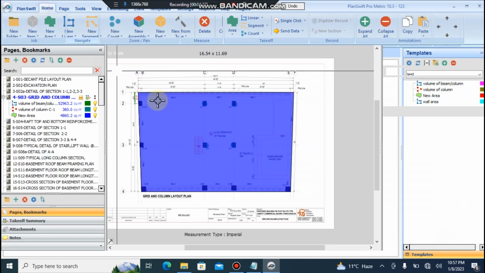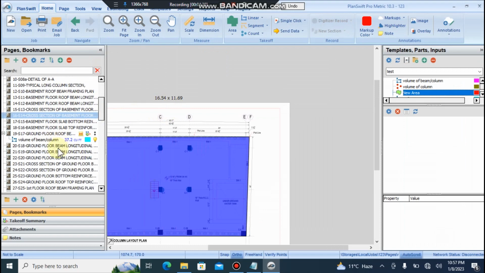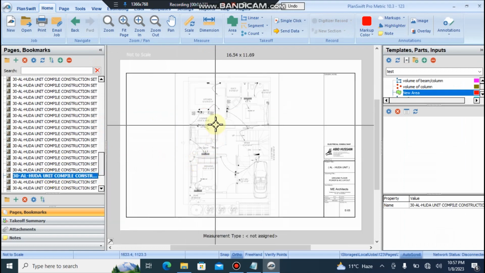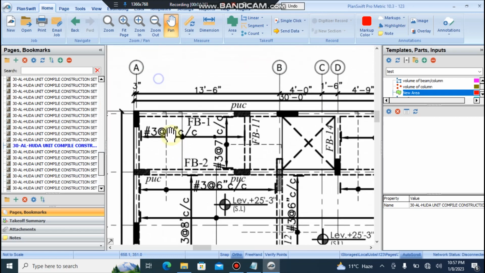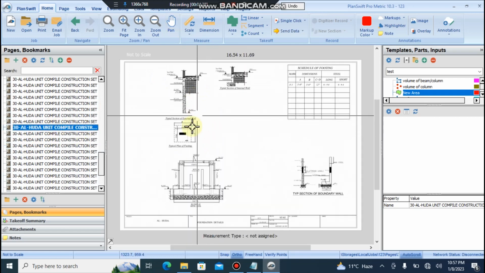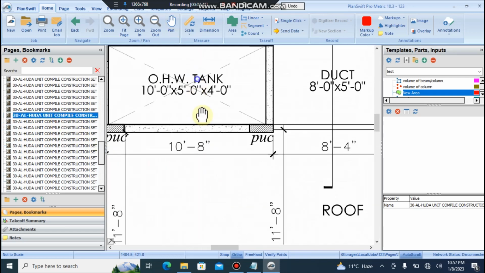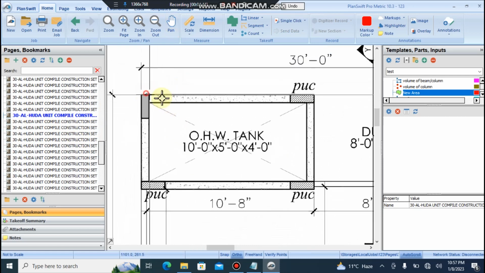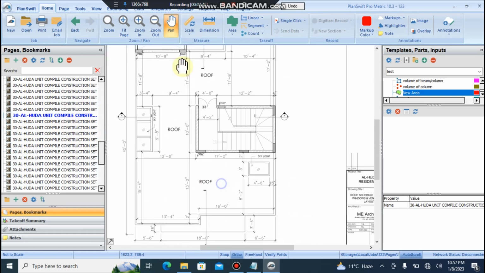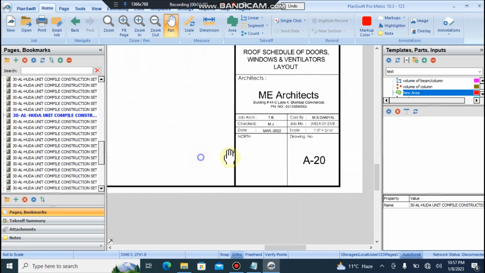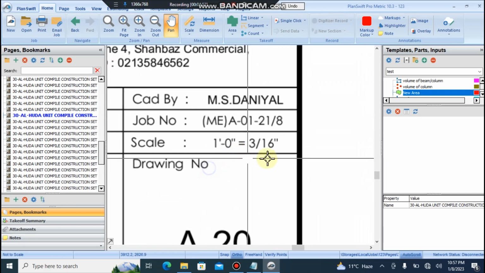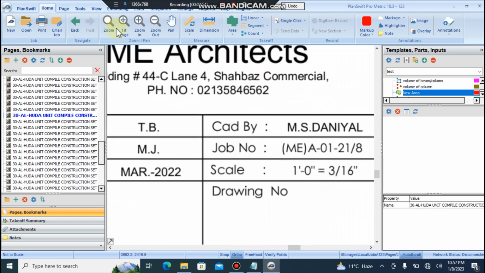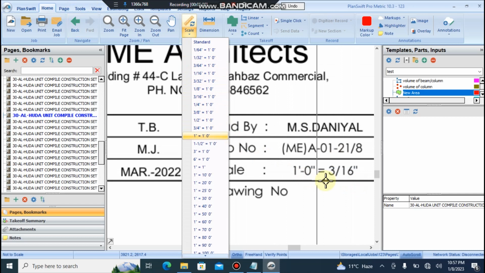Go to home like this. Suppose this is our house plan, this is our wall, suppose. Yes, suppose this is our wall. So first of all you have to scale it. To do scale, let's try this scale. To enter this scale, go to drop down. If this scale is not present here, you should try,